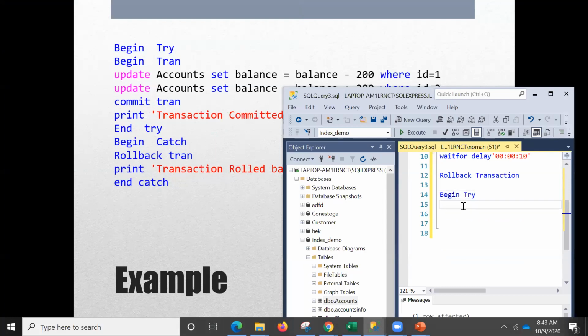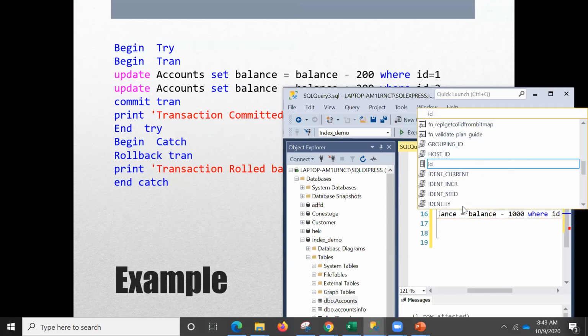Begin try. We are beginning a try, and what we want to do is begin transaction. So we have begun a transaction and update accounts set balance equal to balance minus maybe 1000. We want to make it where ID equals 1,